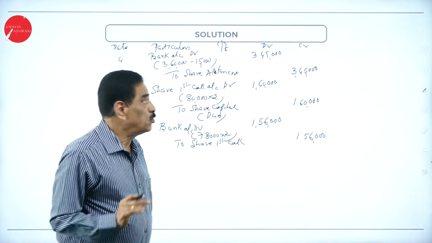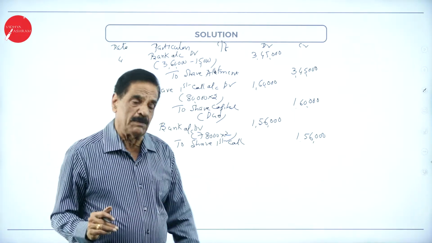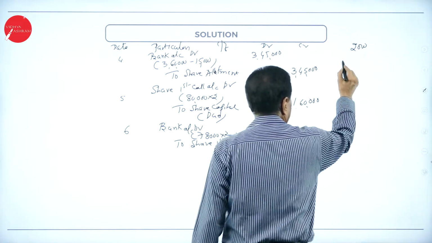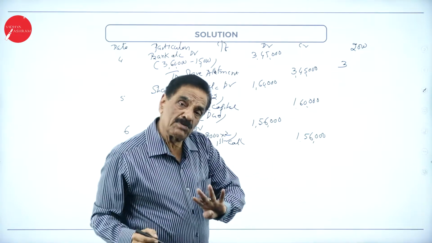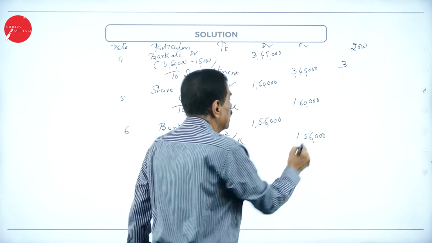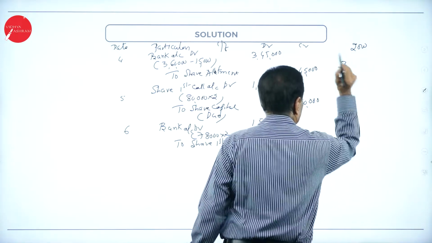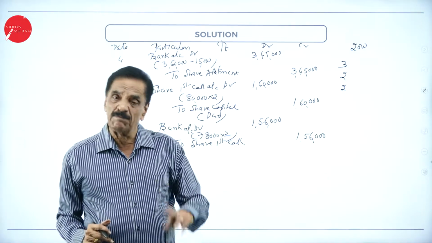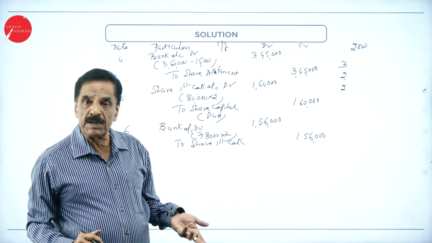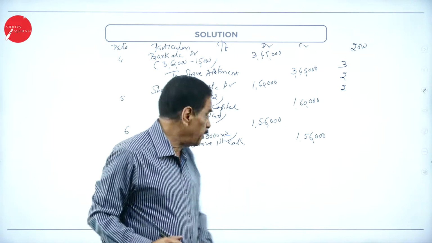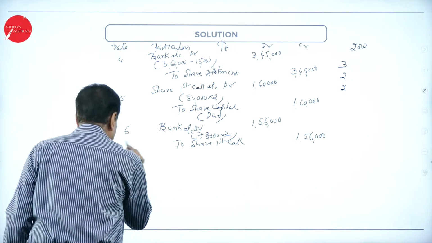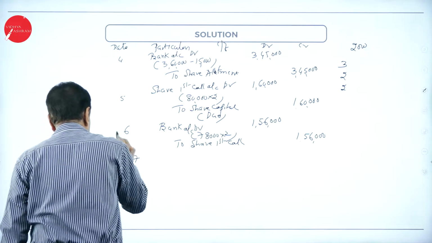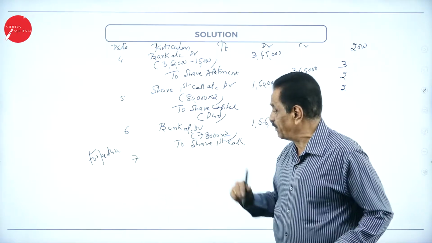So your 2,000 shares have been forfeited immediately. The 2,000 holder paid application 3. Allotment, though it is 4 rupees 50 paise, leaving the premium it is 2 rupees. First call is 2. He fails to pay the first call. So what has he paid? Application is paid. Allotment he paid, but fails to pay the first call. Totally 7 rupees. Immediately forfeited. This is the entry for forfeiture.